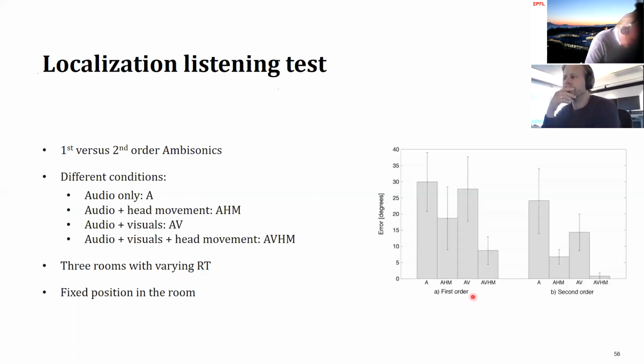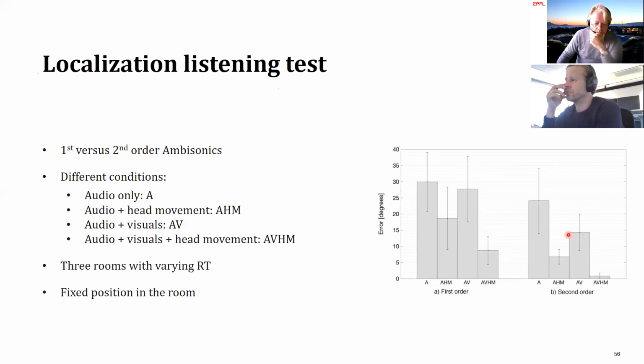If we look at the results, we see, first of all, that when we use second order ambisonics, we get better results than using first order ambisonics, so that's no surprise. Secondly, we see that the localization error decreases dramatically when we allow head movement. This is perhaps also not surprising. Now we can use perceptual cues that come when you move your head a little bit. Interestingly, we also see that when we